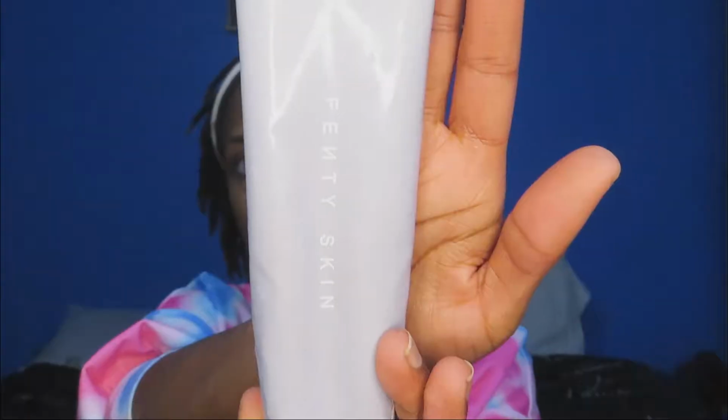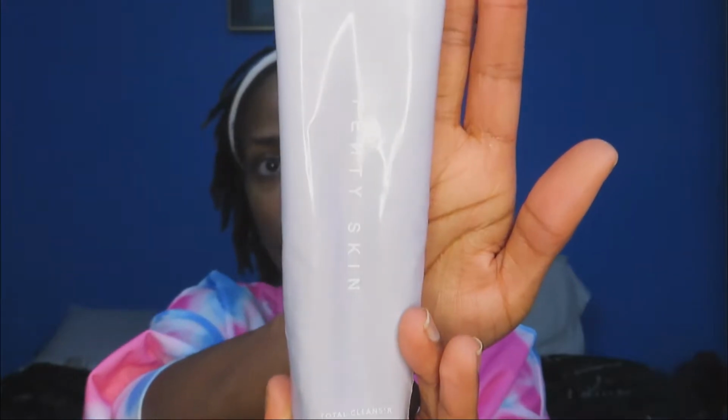What I'm going to be using is my Fenty Skin. Oh, my water's cold already. All right, I've got a bowl of water down here, so it's going to get my hands wet, get my face wet. The one thing about Fenty Skin is she says that it works as a makeup remover